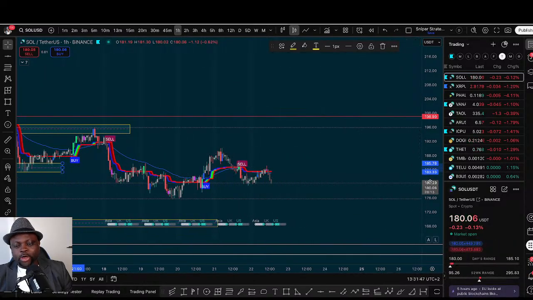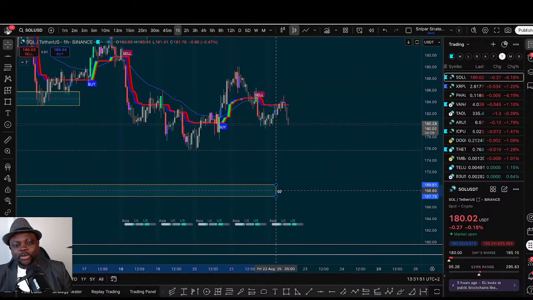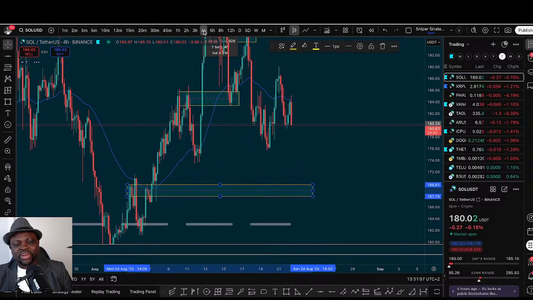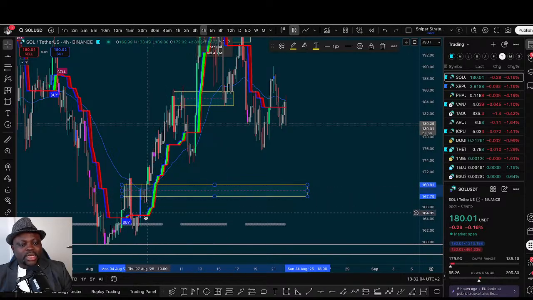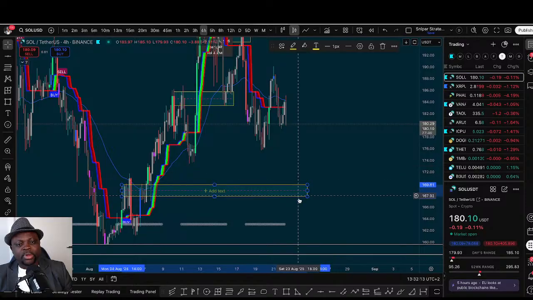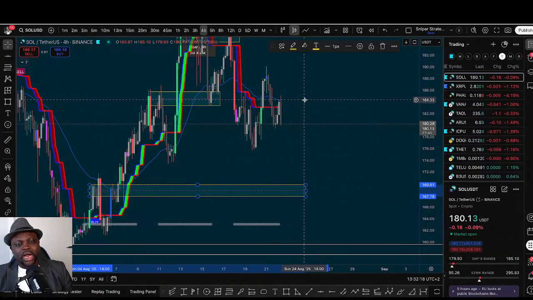If we are focusing on this sell signal, it means the target is going to take us right down to the previous zones we marked on the 4 hours time frame. Remember, we marked this zone a long time ago. This was the zone, the candle, that initiated this move to the upside. So there's a high chance we are going to come there if price keeps failing to make higher highs